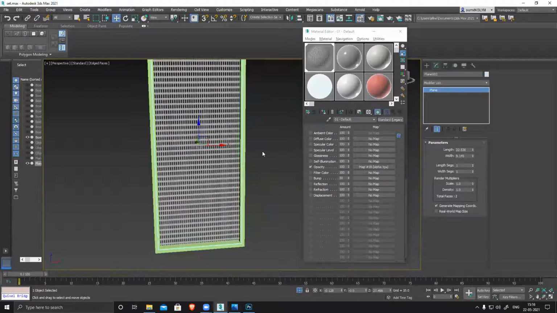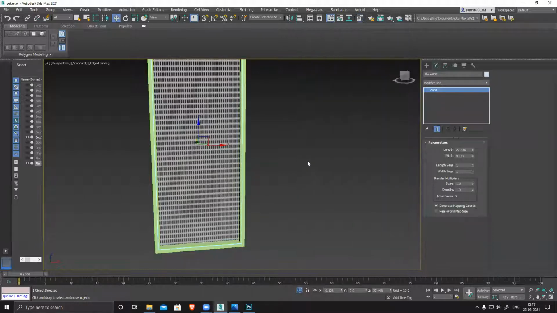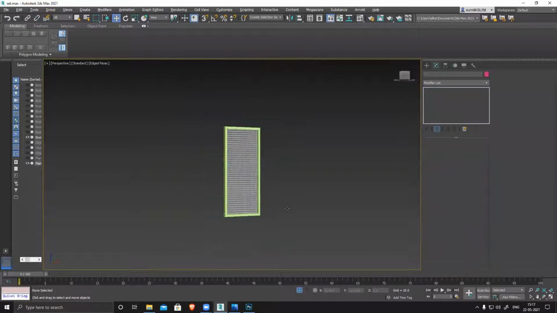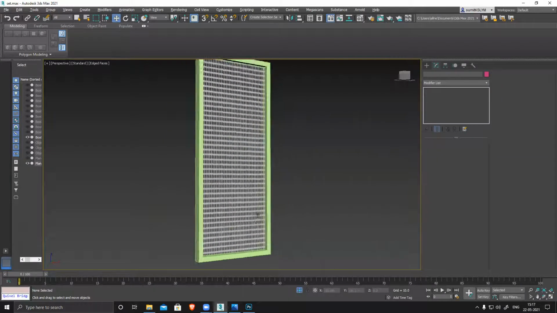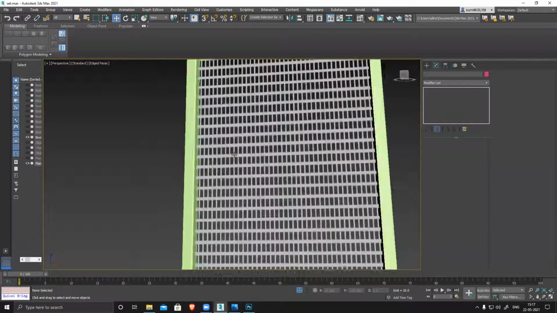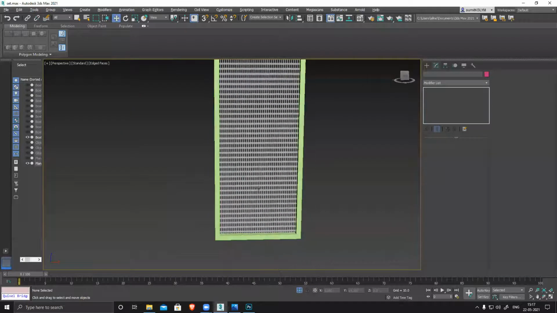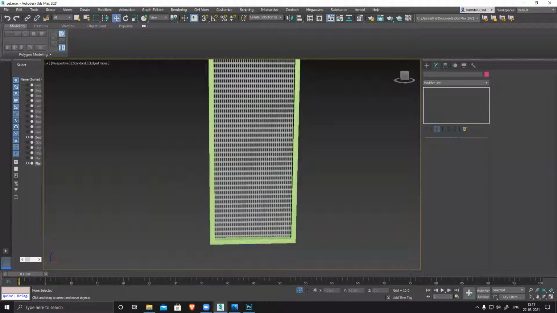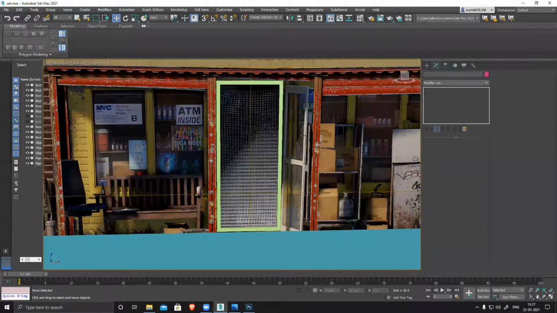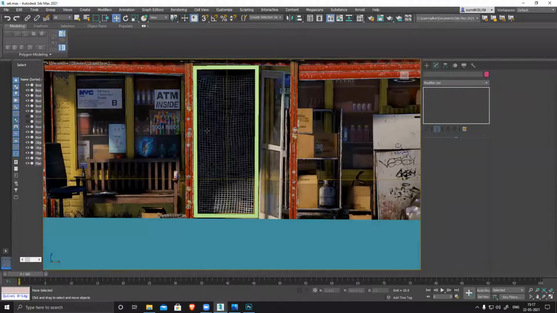So that's why I applied a plane, not a solid box or some other geometry. From a distance, it will give me the appearance of a net. Zoom in, you can see it's nice, clean and crisp. While texturing, I'll create a similar weathered, distorted mesh.